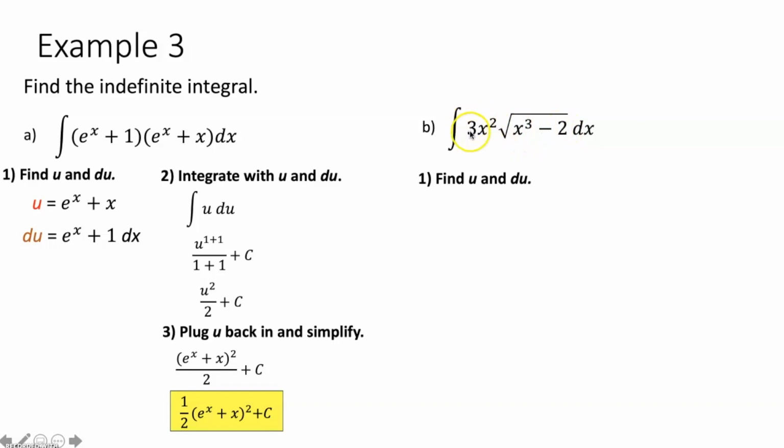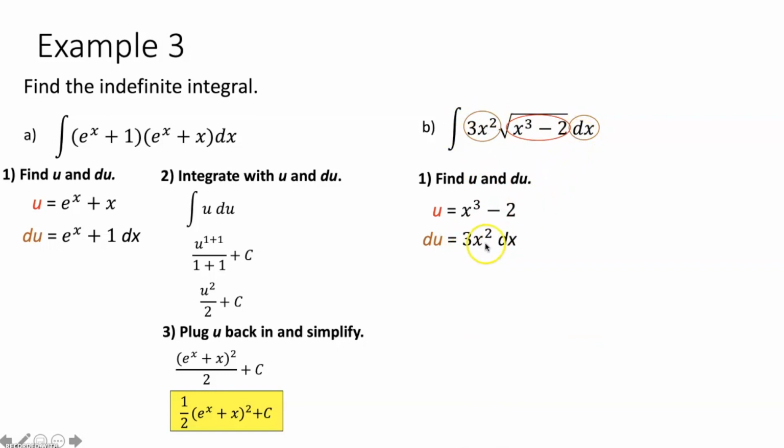But I also have another function in this. So I need to set u equal to whichever function, when I take the derivative of that function, it equals the other function. It takes care of the other function. That's still x cubed minus 2. Because if u is equal to x cubed minus 2, and I take the derivative of this with respect to x, I get du dx is equal to 3x squared plus 0, or just 3x squared. Multiply both sides by dx, I get du is equal to 3x squared dx, which takes care of everything else